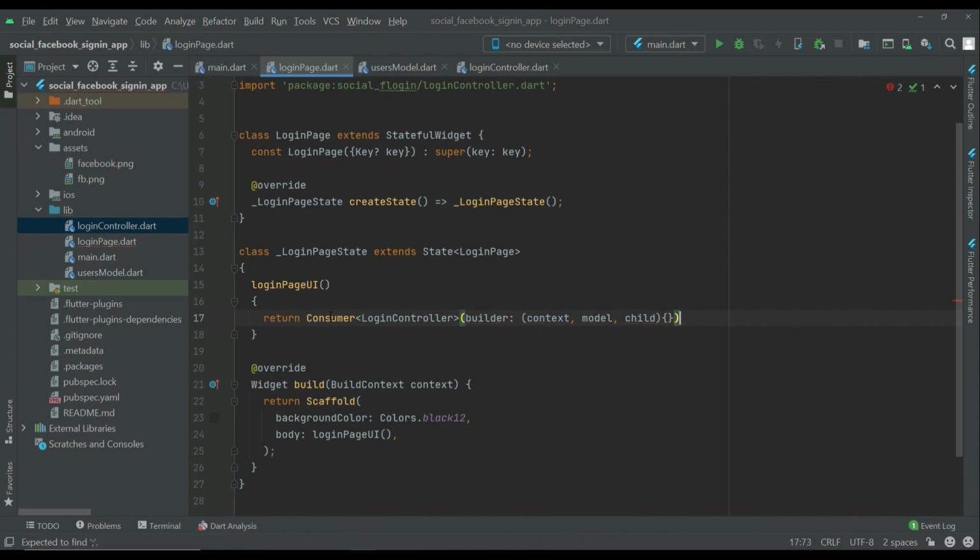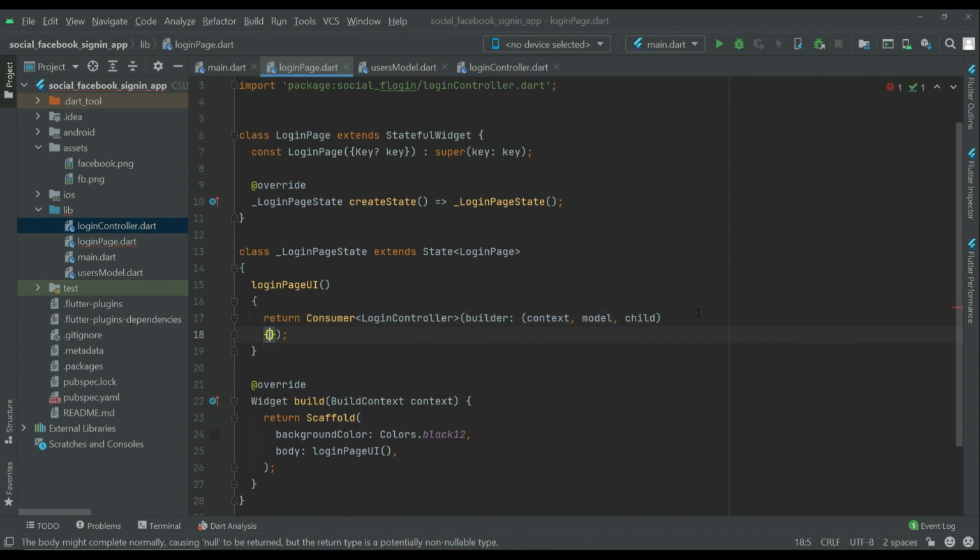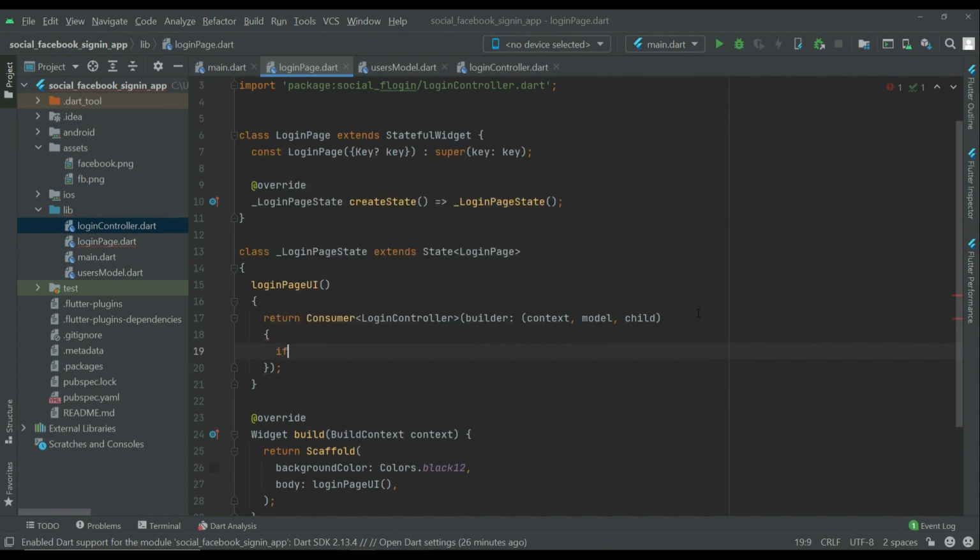Add curly braces here, make sure to put a semicolon here, and then we can check that if the model dot user details, if this is not equals to null, it simply means that if the user is logged in,